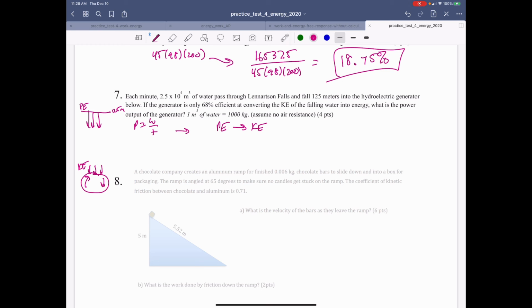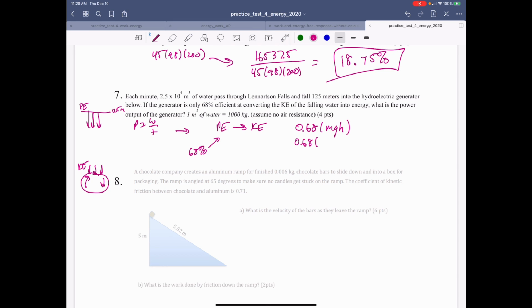You're only going to be able to keep 68% of that. So if you take 68% of your PE, that's what's going to be left over for the KE. Let's just do it that way. It's going to be the easiest way to do this problem. So what is 68% of your PE? That's going to be 0.68 times